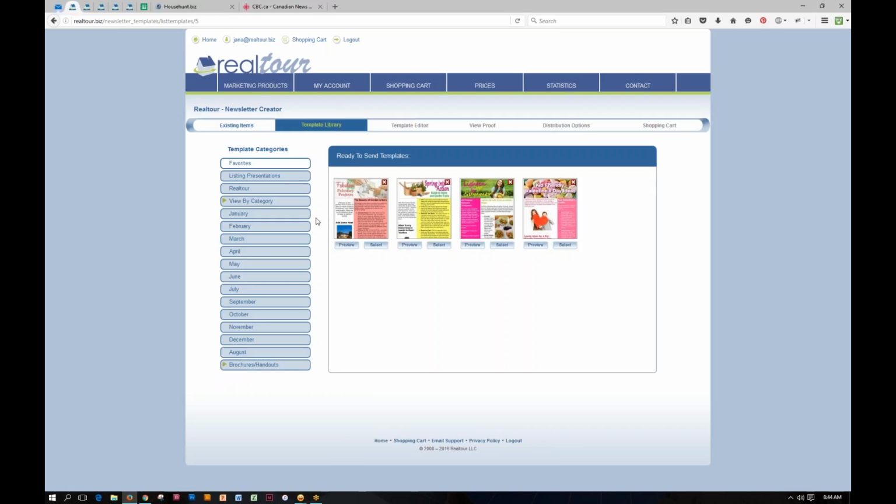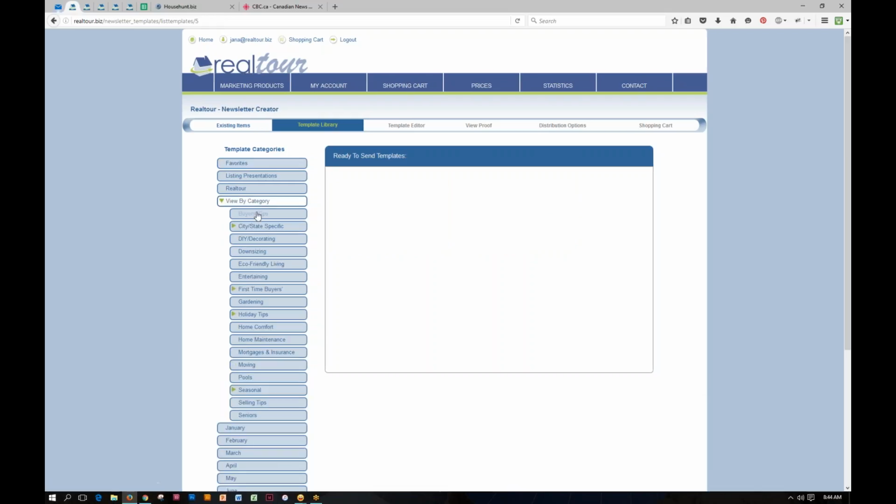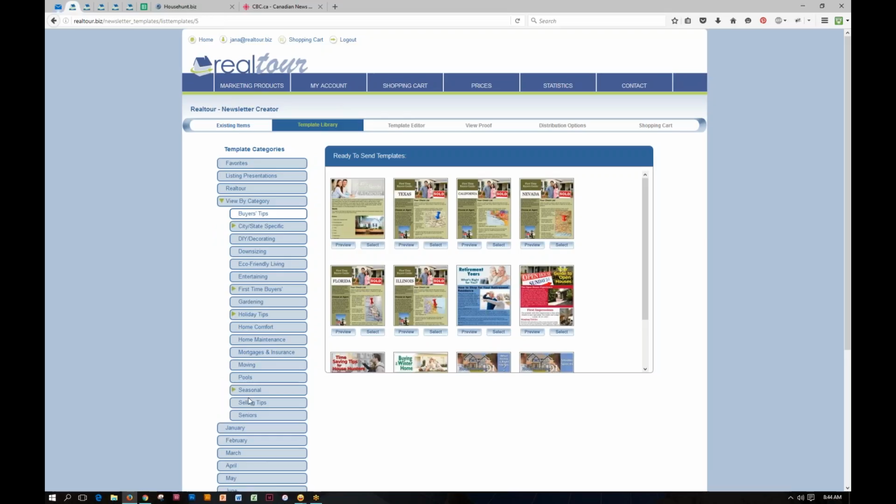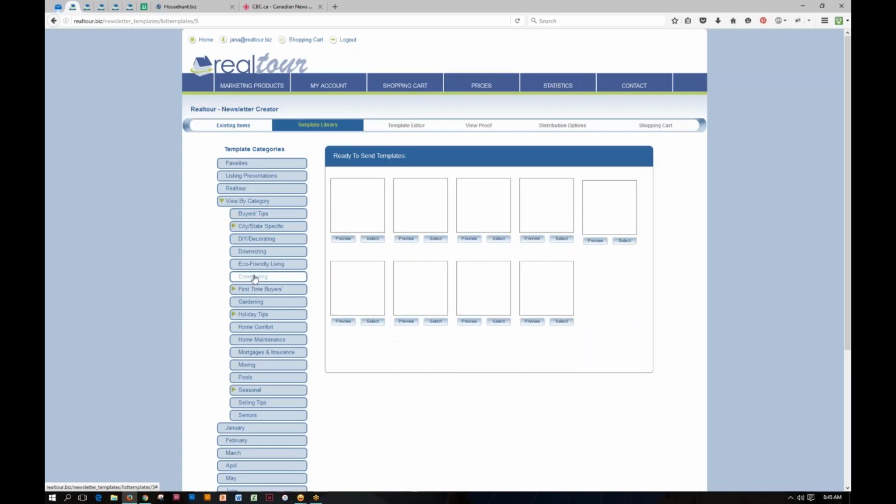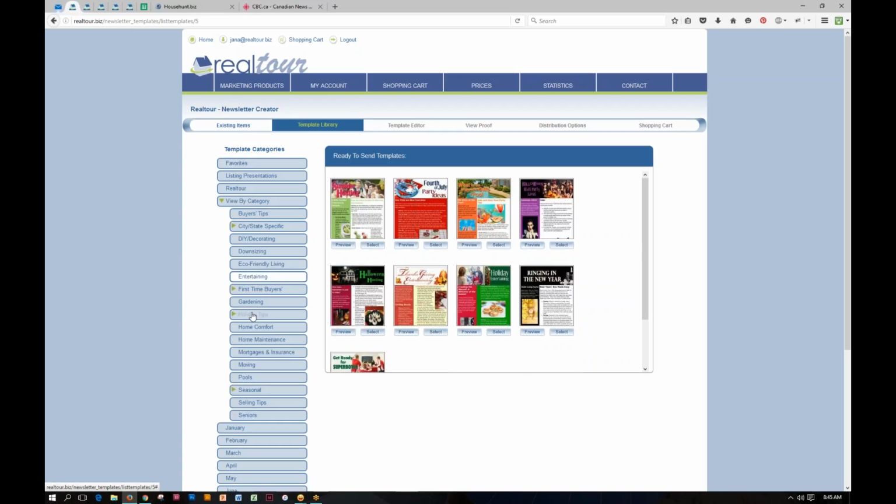Now we've set these up in 2 different ways. We've set them up view by category, and if you click in here, you'll see that we have all these different categories with a combination of real estate tips and also just fun stuff. So we have things like buyer's tips, downsizing, mortgage and insurance, but then we also have some fun ones like entertaining and holiday stuff,